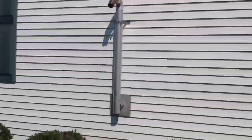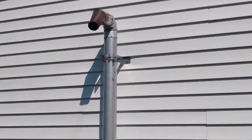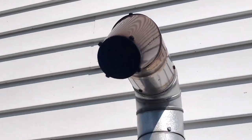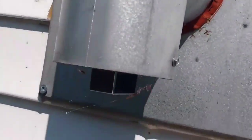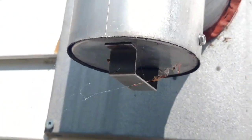So just showing my chimney on the outside of the house. So you can just barely hear it blowing out right now. You can tell there's not much smoke coming out, which is good. One thing to always do at the bottom, there is a clean out. You just take out a screw on each side, the bottom pulls out, and then you can clean out the